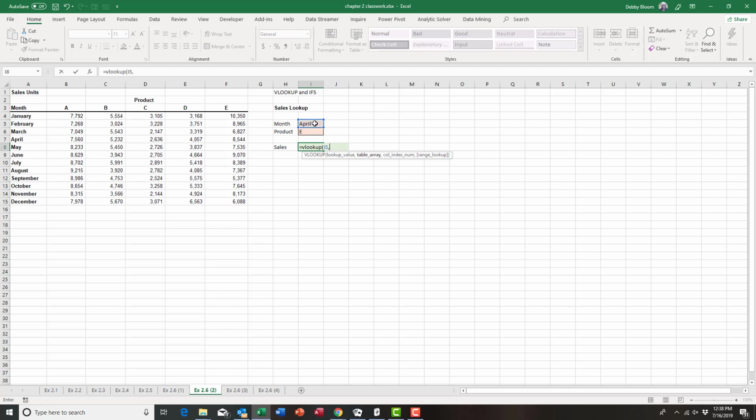Now I type a comma, and we can see that table array is now bolded. So my table array is the range A4 to E15. So I make sure I select that range, and I don't have to worry about the dollar signs because I'm not copying this. Now I'm going to type a comma,